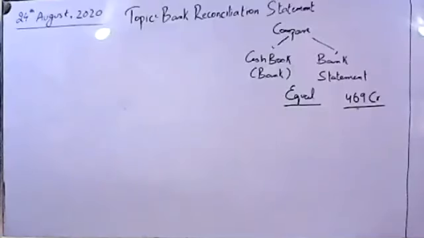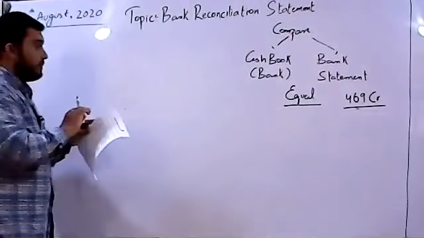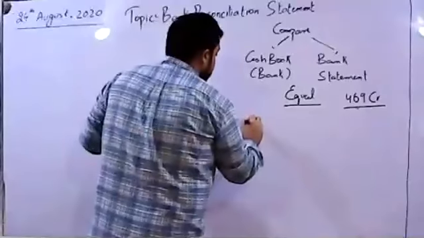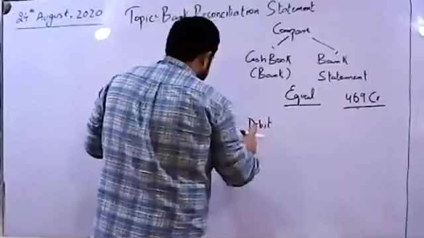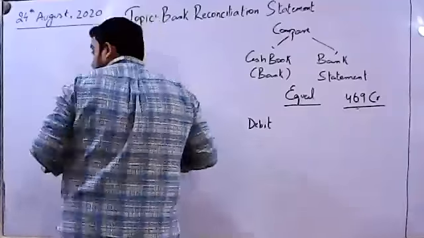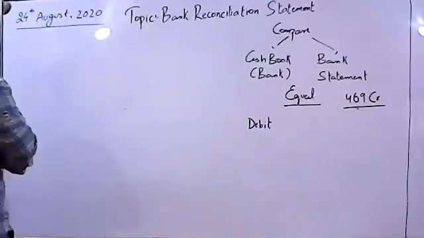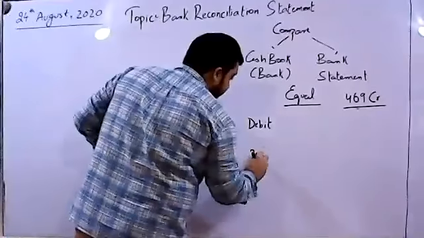As far as the cash book is concerned, it has two sides. Let's see if the debit side is higher. On the debit side, we have a few figures starting with 1,204 plus 780 plus 73 plus 37. The total of the debit side is 2094, if I'm not wrong. Yes, it is 2094.